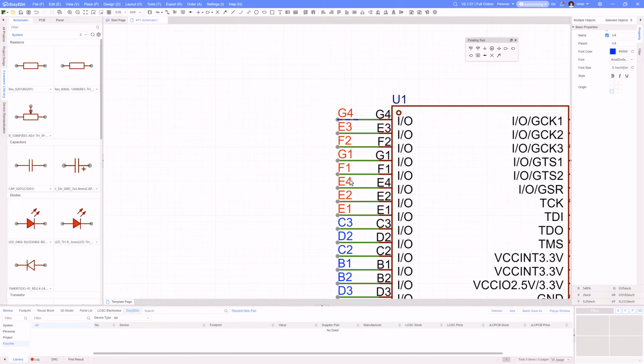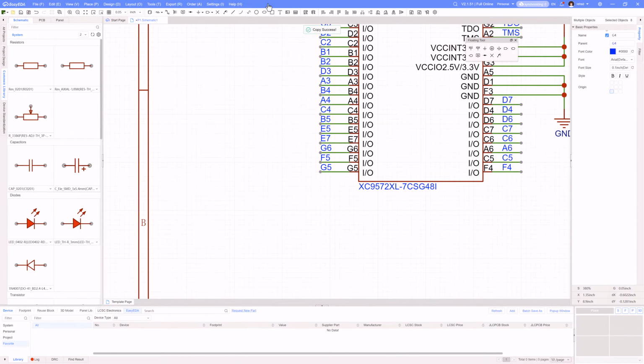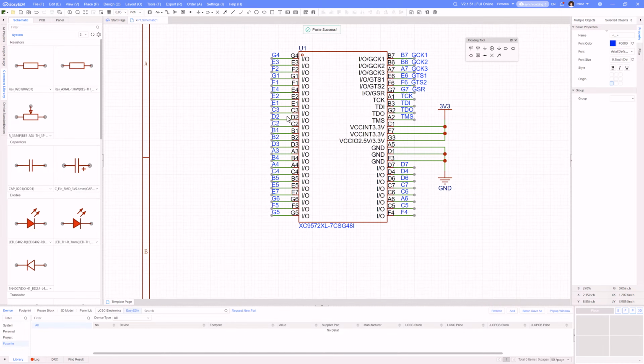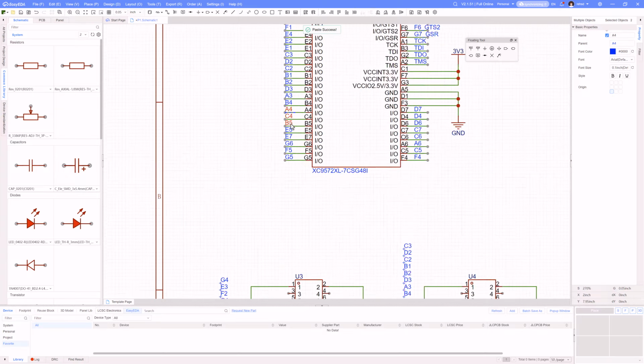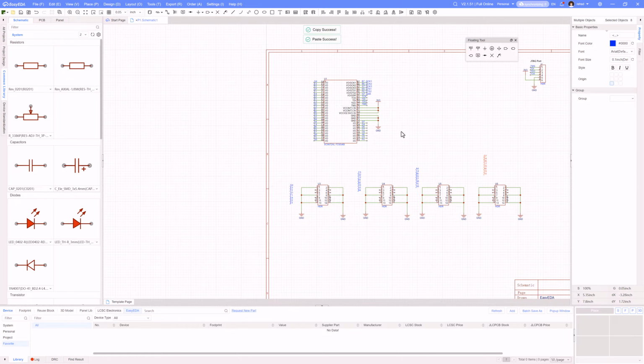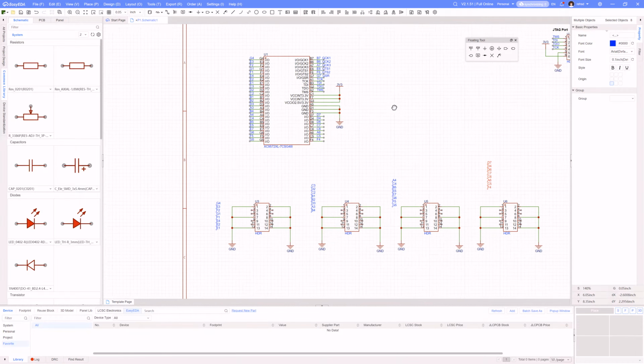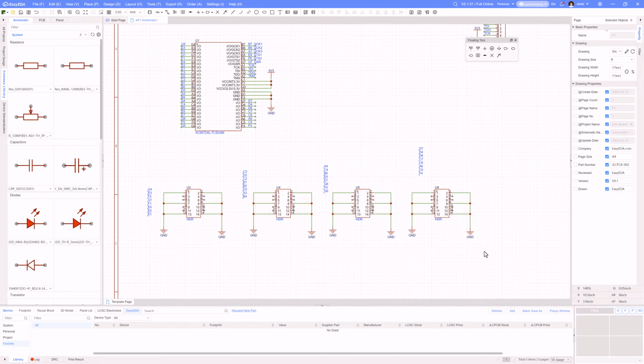1, 2, 3, 4, 5, 6, 7, 8. And I'll quickly just drop those down here. So that was through E1. Okay, so there's the 4 sets I'm going to set up. And then that's going to leave me with these pins up here. So I've got 1, 2, 3, 4, 5, 6 of those that I'm going to need to set up and do something with. So maybe